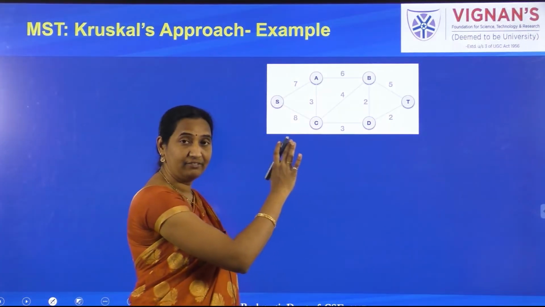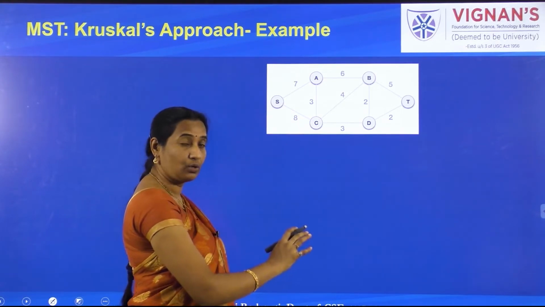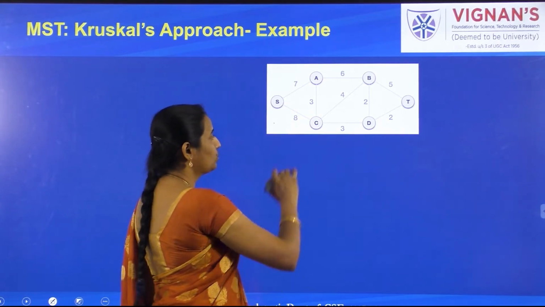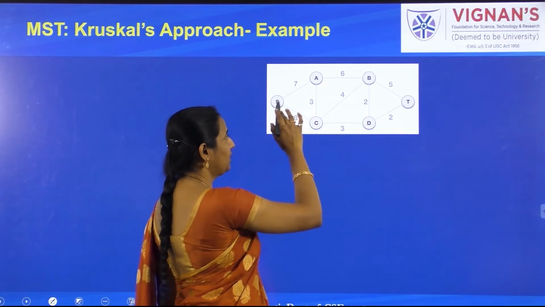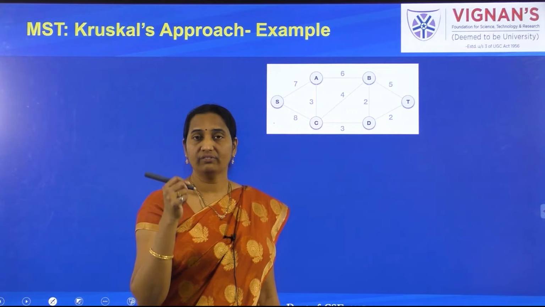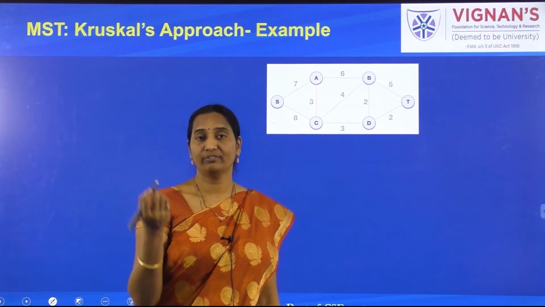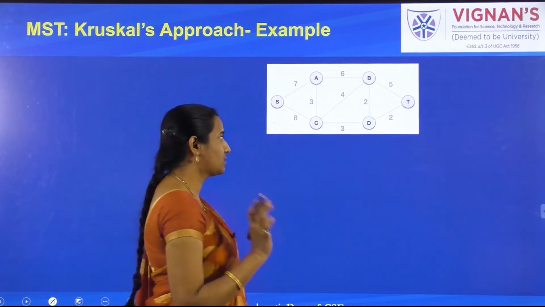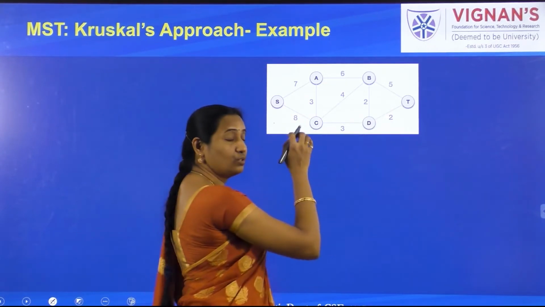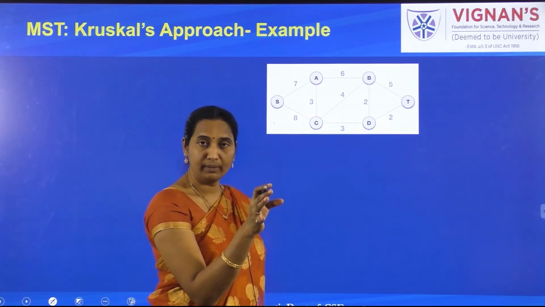So consider this graph. This is the given graph. We are going to solve a problem now using Kruskal's algorithm. This is the given graph, which is a weighted connected graph. If you see, it's a connected graph, so there is a possibility of finding the spanning tree. If the graph is not connected, then it is not possible to derive the solution of MST. Remember that. You need to understand all these things. We need to find the solution for this minimal spanning tree.